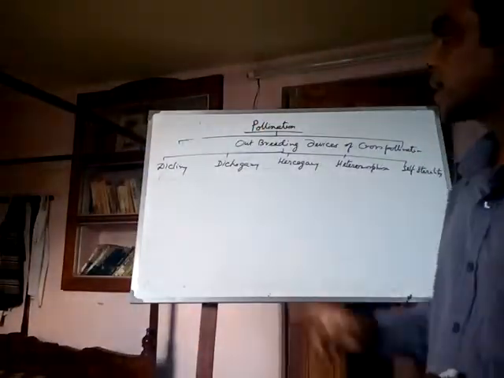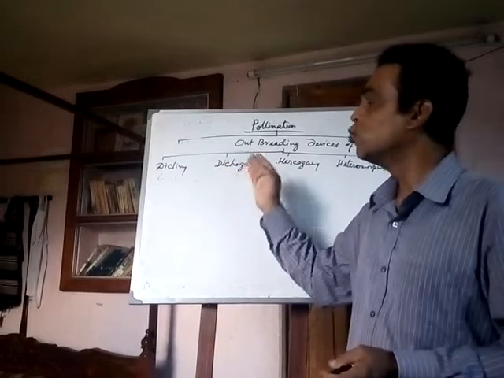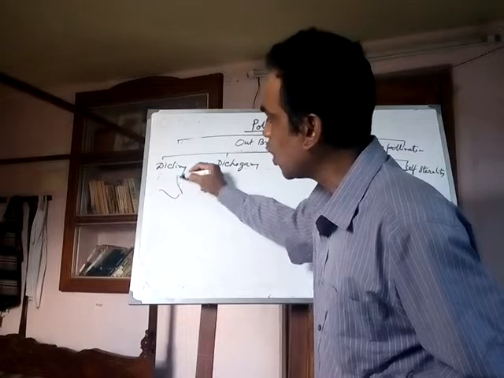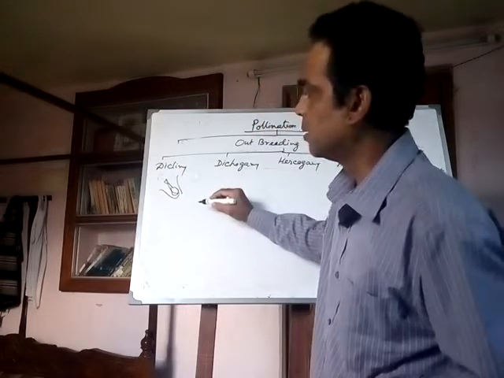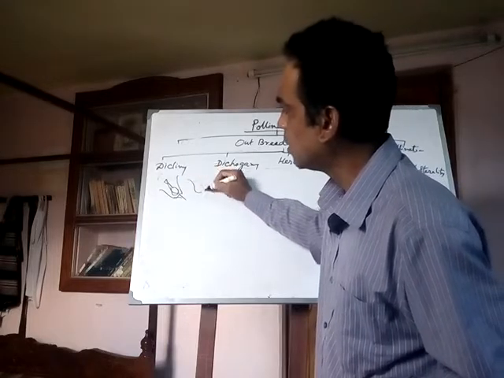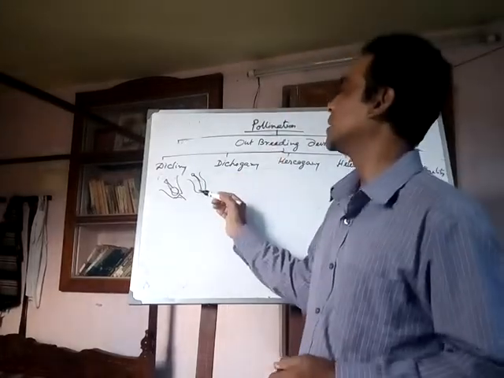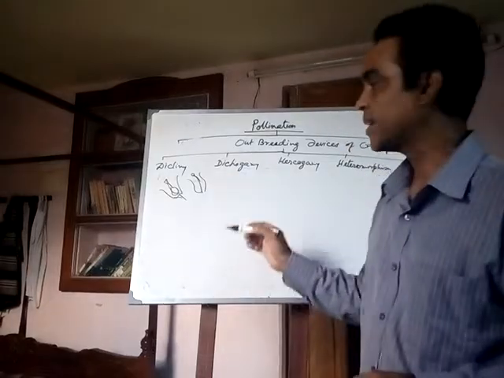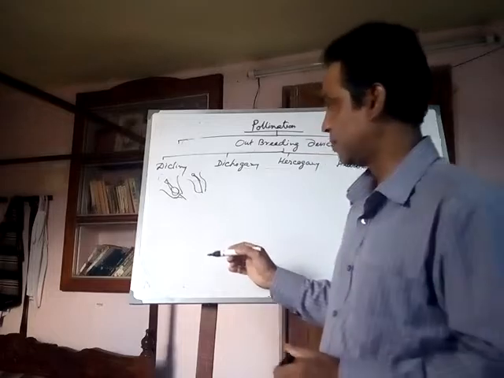What is dicliny? Dicliny means unisexuality. In this type of flower, only one sexual part is present, either gynoecium or androecium. So obviously cross-pollination occurs in this type of flower, for example pumpkin, Cucurbita maxima.